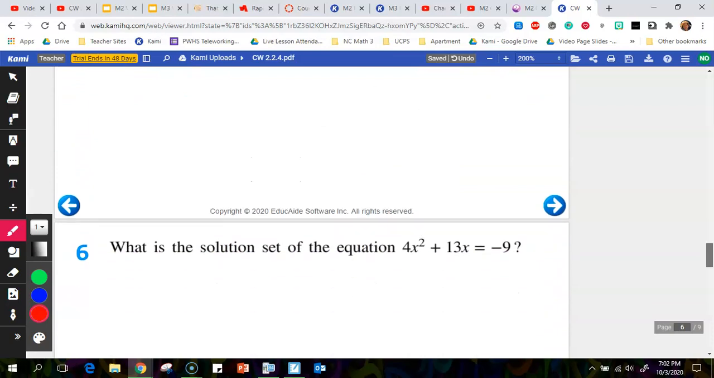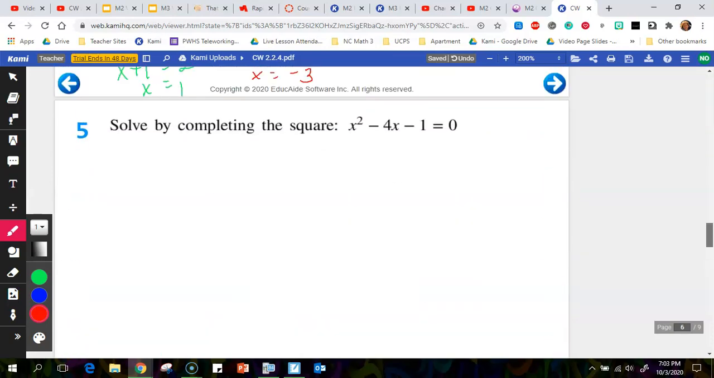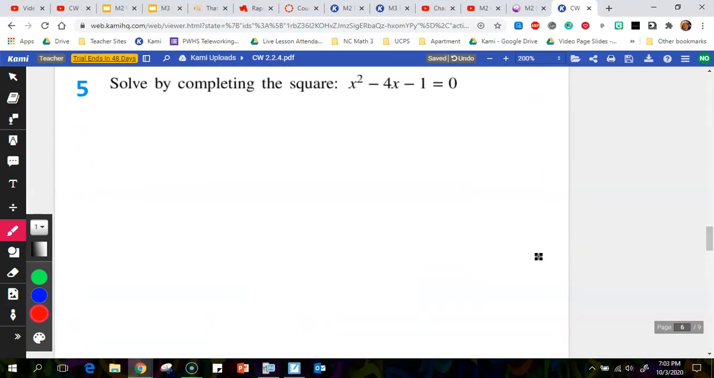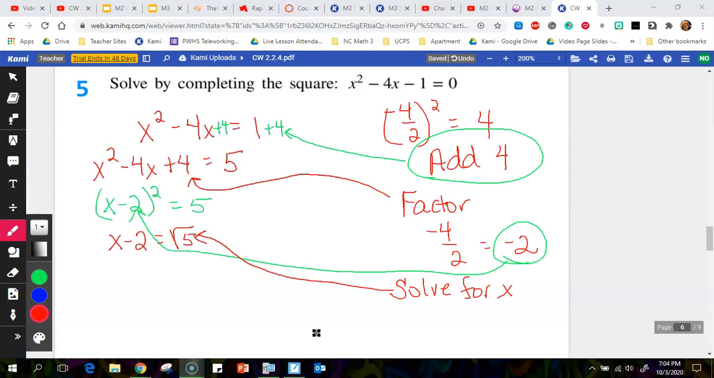Okay, I think there's one more. Yeah, there's one more completing the square, then we're going to look at quadratic formula. Pause your video and see if you can do this one by yourself and then come back. Okay, so I don't know if you're able to get this one, but you actually have to leave this in